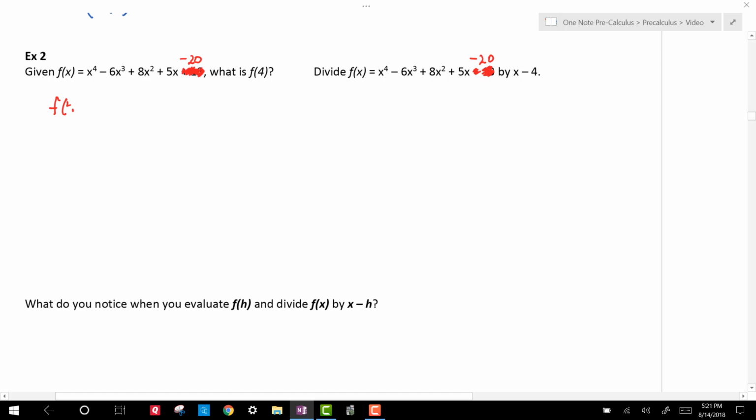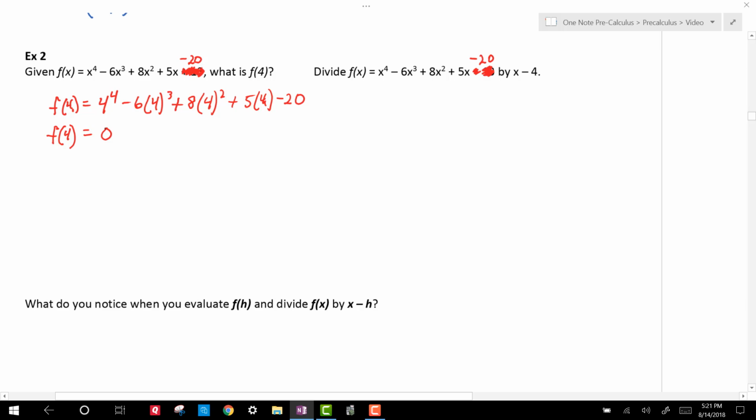So f of 4 is equal to 4 to the fourth minus 6 times 4 cubed plus 8 times 4 squared plus 5 times 4 and minus 20. Now, if we actually do all the work on this guy here, you're going to end up with f of 4 equal to 0. Okay, this time I didn't put all the terms down there, but f of 4 does